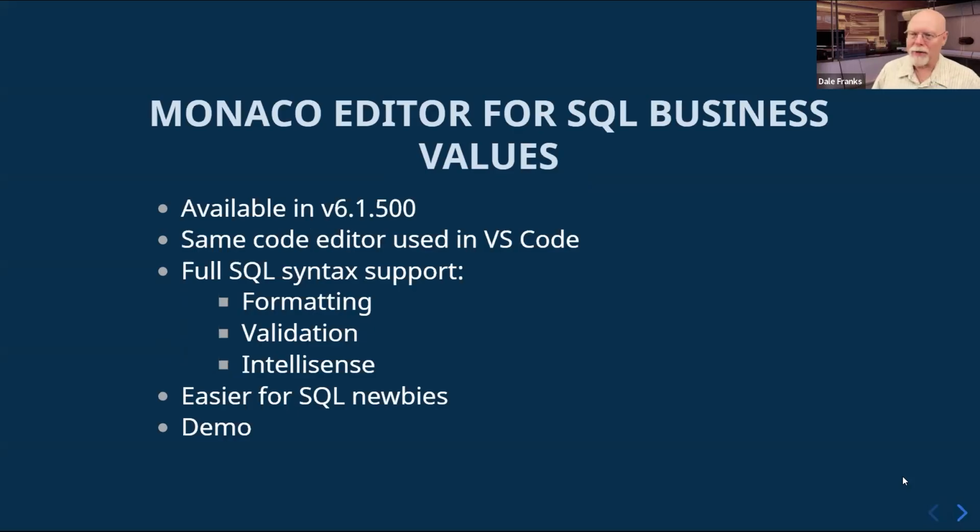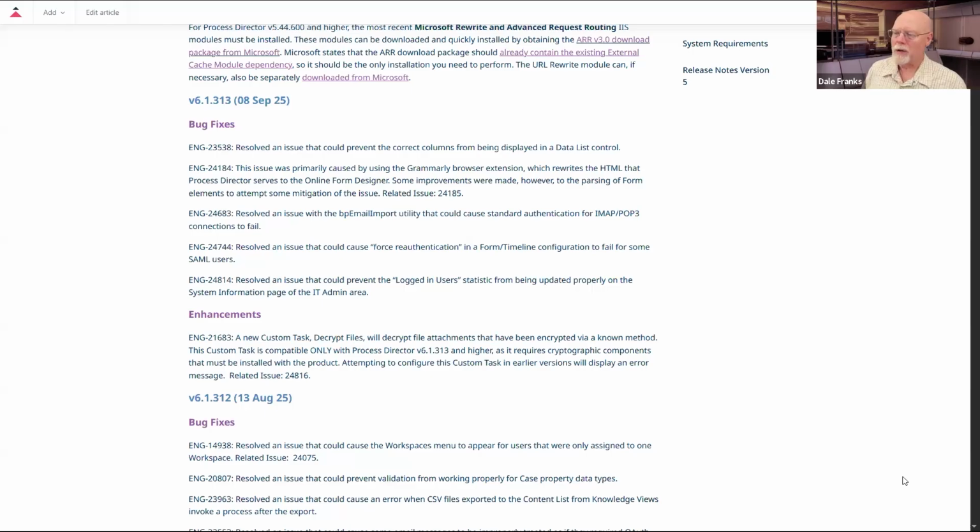Before I talk about the Monaco editor for SQL Business Values, I do want to show you this, version 6.1.313. A new patch version for Process Director is now available for download at the support site. So for those of you who are on-premise customers and who want to take a look at it, please feel free to download this new version. The new version,